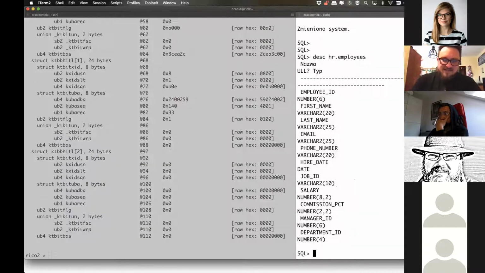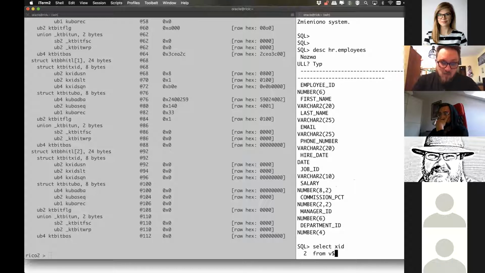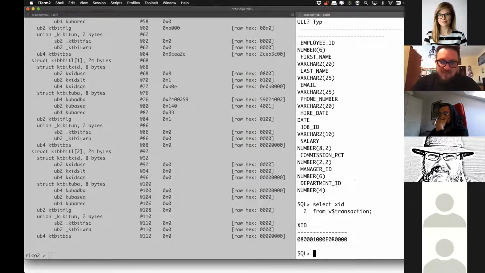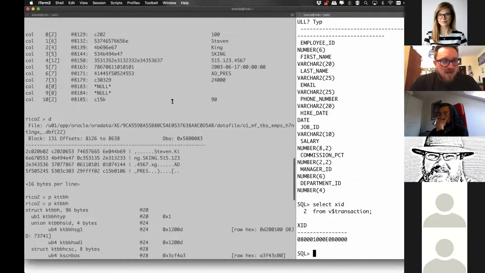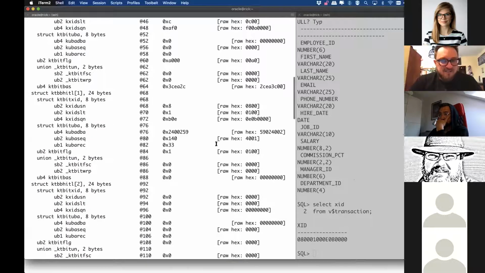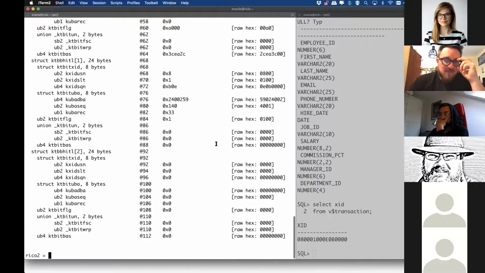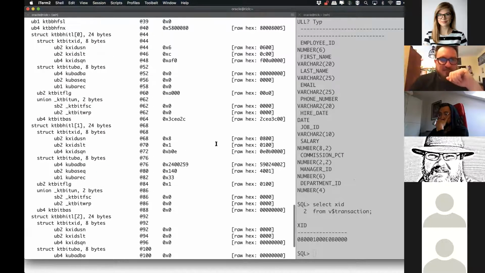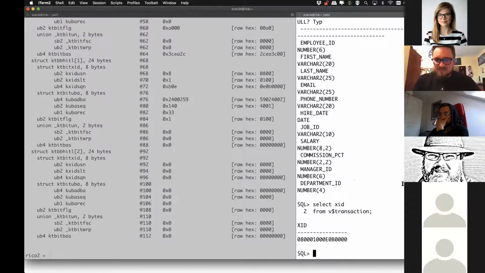And since this transaction is active and we know that it is this registered transaction, no other transaction is allowed to modify this data in the block. No other transaction is allowed to go to this lock byte and change it or change the interesting transaction list structure. So when another session is trying to do that,